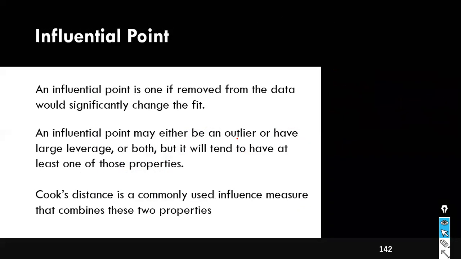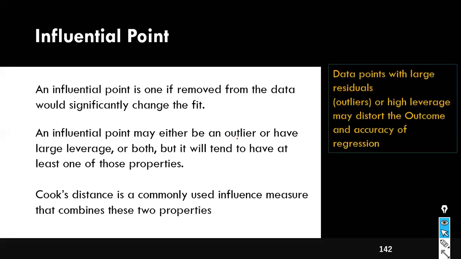Okay, so why should I care about influential points? If you remove the influential point, it can significantly change the fit. With that, we can understand which records have outliers in them. By removing the outlier, I can improve my model accuracy. Cook's distance is a commonly used influence measure. We have something called Cook's distance, using which we can